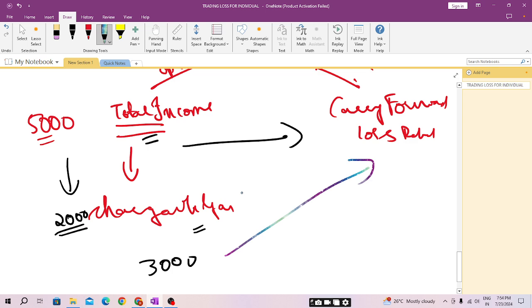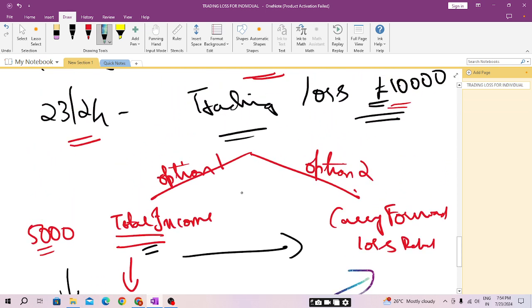So this is the way of claiming the relief. The loss can be set off against these reliefs. But the detailed rules of the relief we will be studying: what is the amount, limitation, when to claim, all those. So if I have a trading loss,